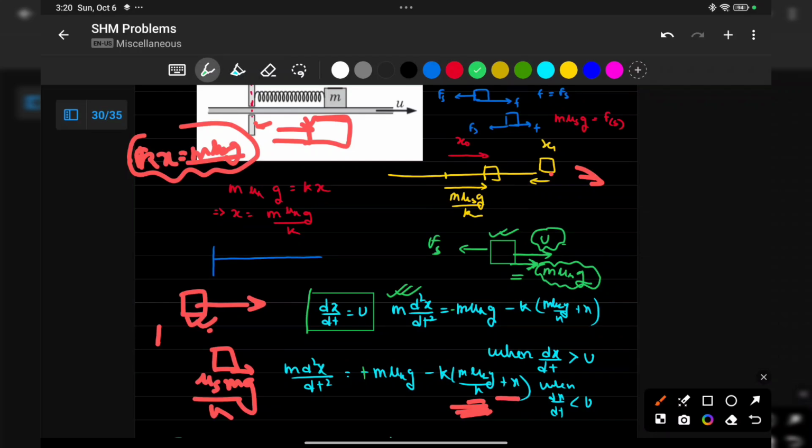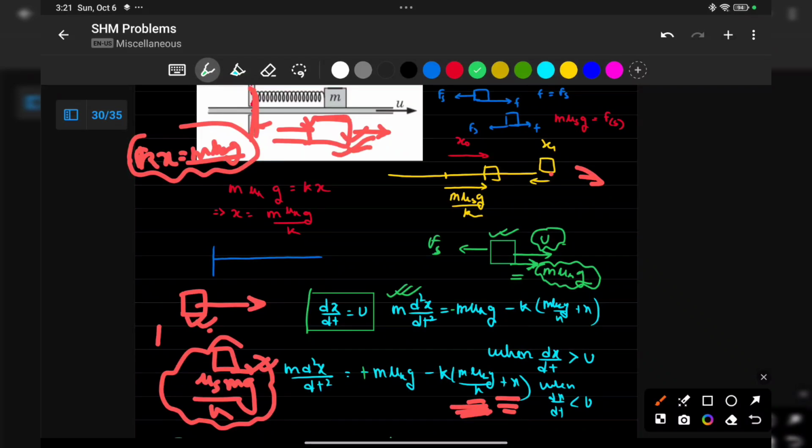This is not its mean position, but why is this not your mean position? Because in the first case, when I am just releasing the block, I'm just holding the support. The block starts gaining its velocity. After that deformation, it is correct that it is μs mg by k. After this deformation, the block starts decreasing its velocity. But think of it: μs mg by k